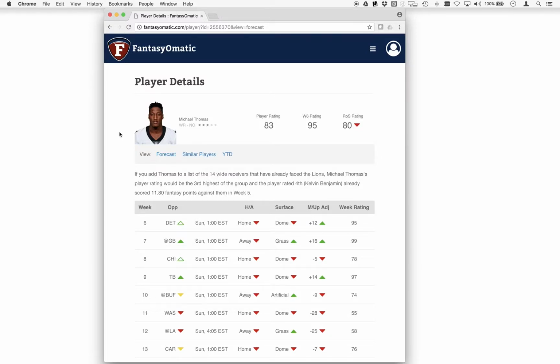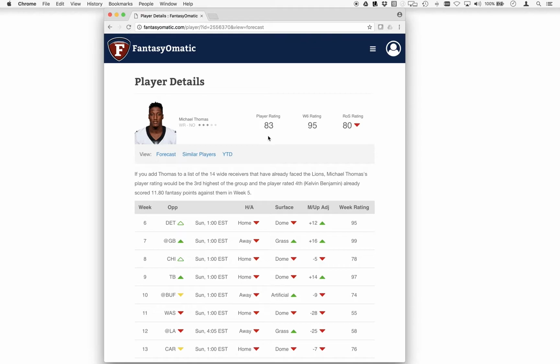Along the top of the player detail page, you'll see three different ratings. Each of the ratings is a 0 to 100 numeric value, with 100 being the best. If you look at the first rating, the player rating, it indicates the player's current value. This takes into account all the different games that they've played so far and how they've fared against different levels